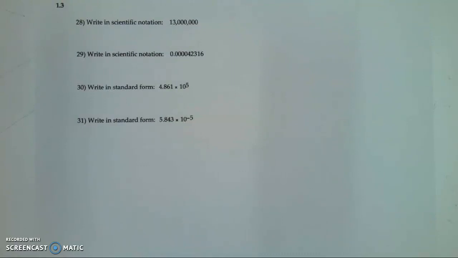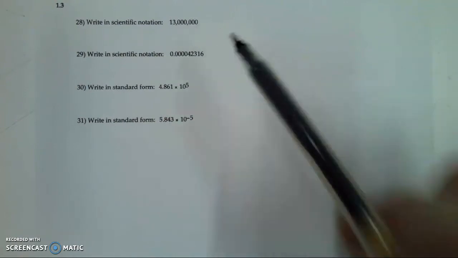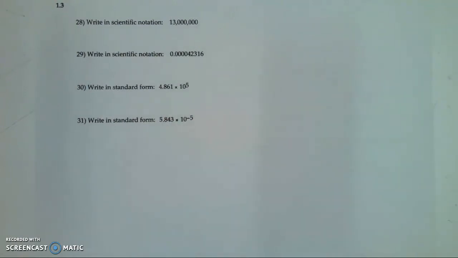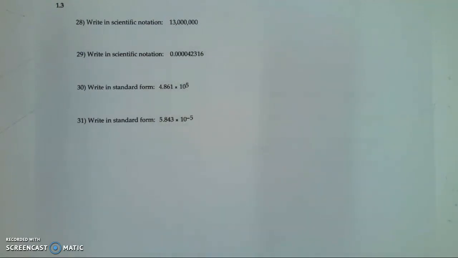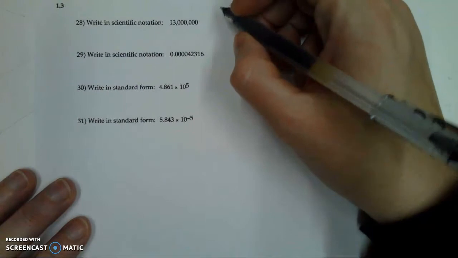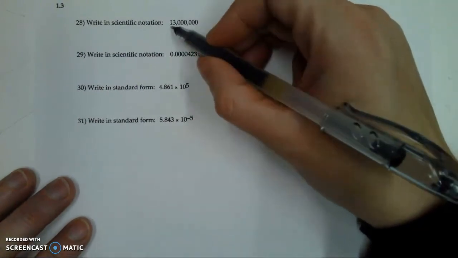Let's look at scientific notation. This is a way of taking either very large numbers or very small numbers and writing them in a more compact form. Basically, we don't like all those zeros. It makes it hard to read. So to take a number that's in its standard form and write it in scientific notation, we're going to take